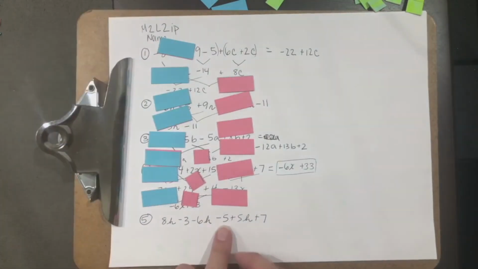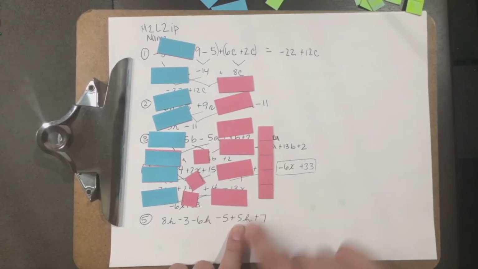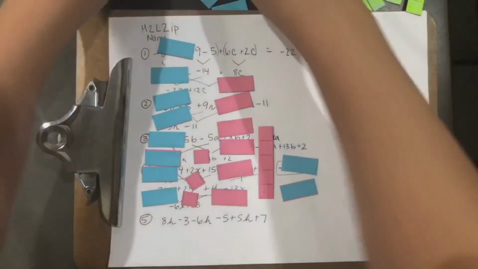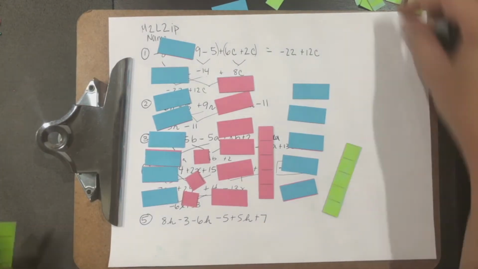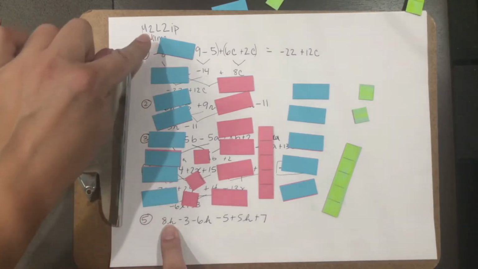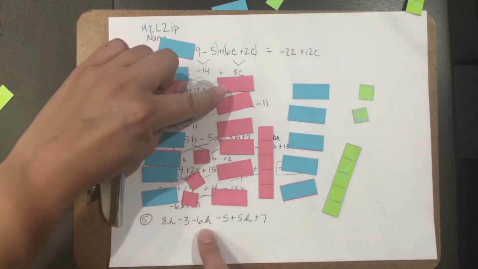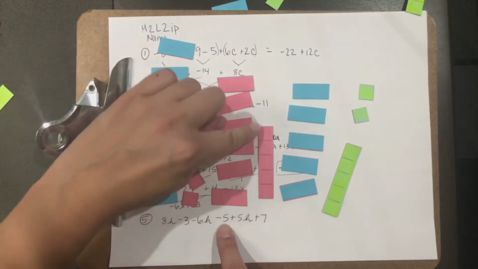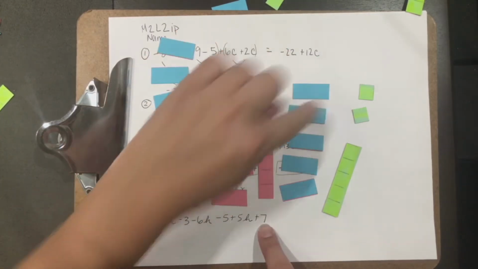Now I need 5 negative 1s. I can just use a 5 tile. 5 positive h's. And then 7 positive 1s. I'm going to double check. I have 8 positive h's, 3 negative 1s, 6 negative h's, 5 negative 1s, 5 positive h's, and 7 positive